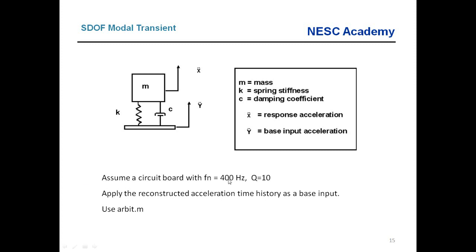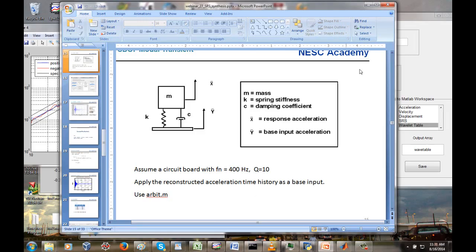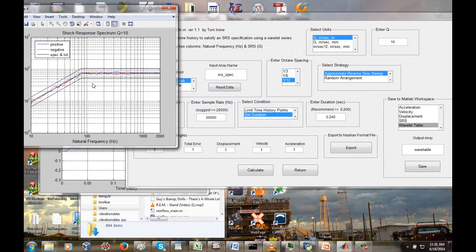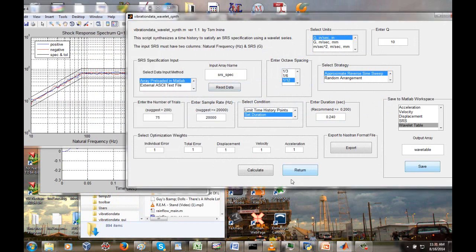And looks like I have a case called out for 400 hertz, Q is equal to 10. So let's keep this plot in mind here. This is our SRS, and what we have here is at 400 hertz we're into the plateau region, and we have 75 Gs. So let's go